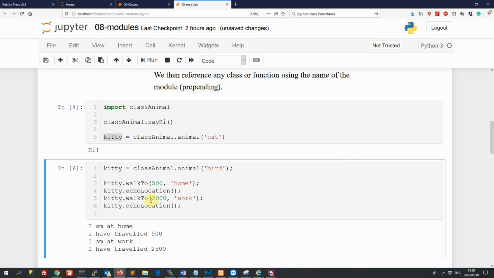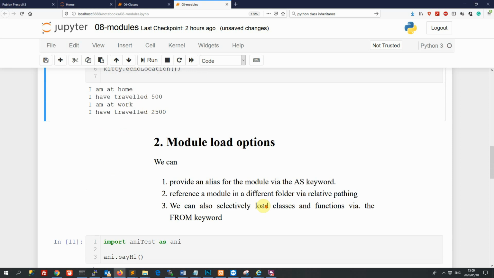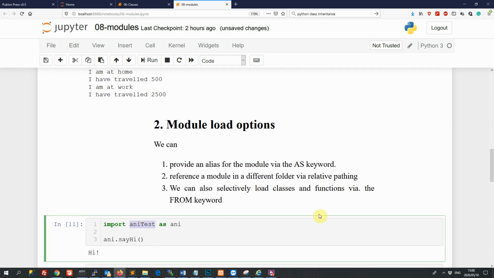So the way that we get around that is by using the as keyword. So if we say import class animal as, let's say, animals, then